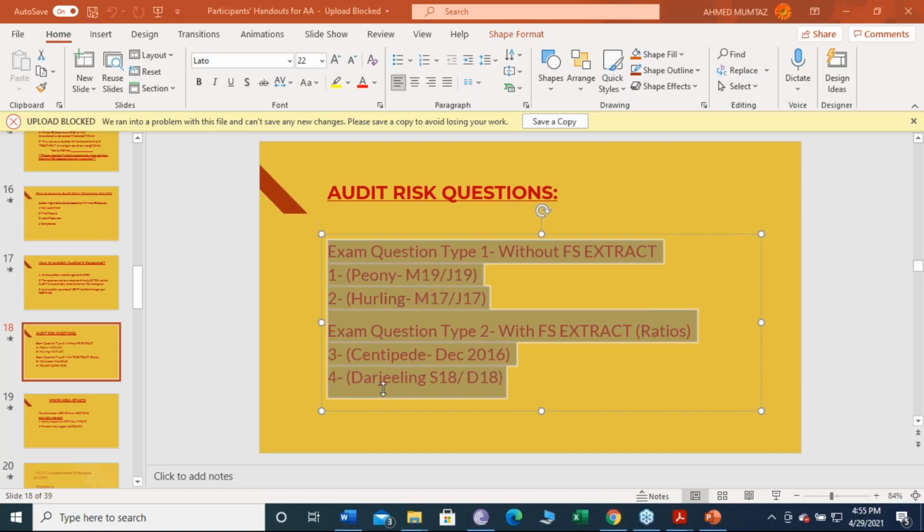Barbara, the suggestion is practice will make you perfect. Trust me on that. We are done with 3 questions on substantive procedures. Your duty is to repeat these 3 questions 3 times, and then we'll see. We'll solve another 3 questions tomorrow, and then we'll see. You will groom and you will flourish slowly but surely.